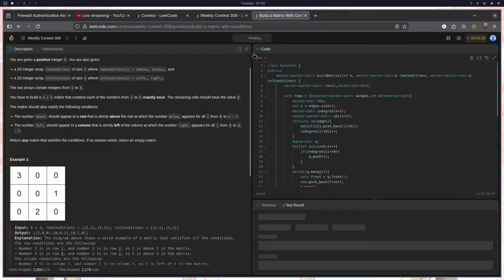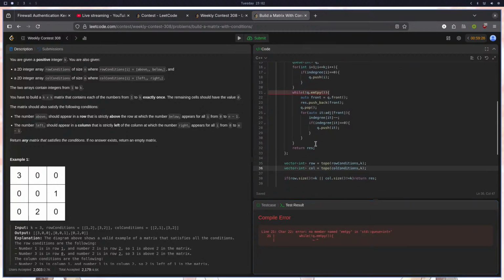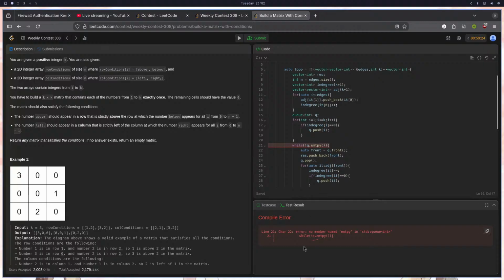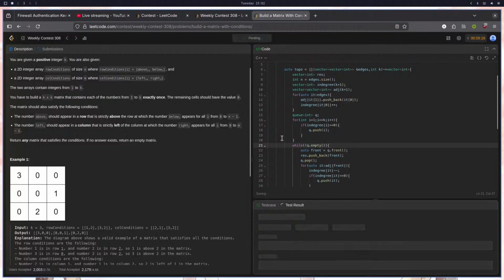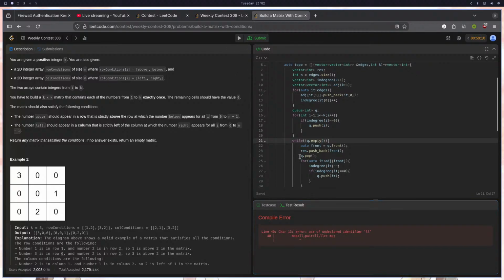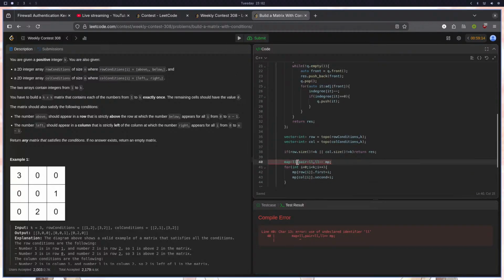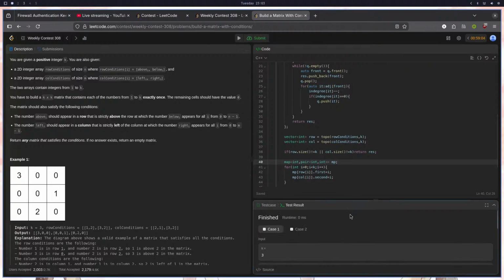Okay, maybe while not of q dot empty. So not empty, map of, oh, there is no long, I suppose int. There should be int. We're having one more int, and